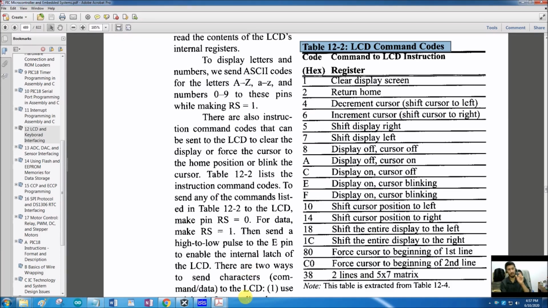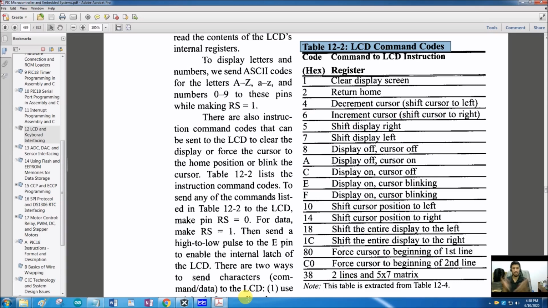16 means how many characters, how many boxes there are in one line, and 2 means there will be 2 lines. So 16x2 means that 16 characters can be displayed in one line, and there are 2 lines of 16 characters.